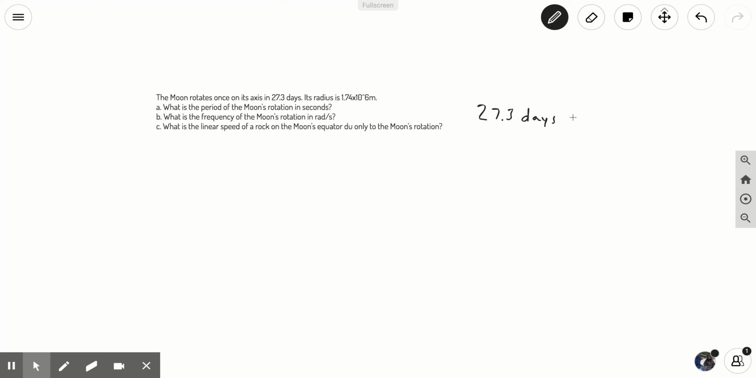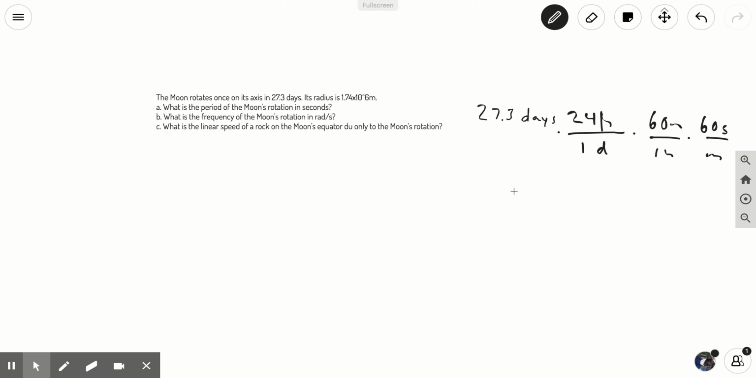So let's go first to how many hours in a day. So 24 hours in one day multiplied by how many minutes in an hour. So 60 minutes in 1 hour multiplied by how many seconds are in a minute, 60 seconds in 1 minute. And so we would multiply those together and get 27.3 times 24 times 60 times 60 equals,